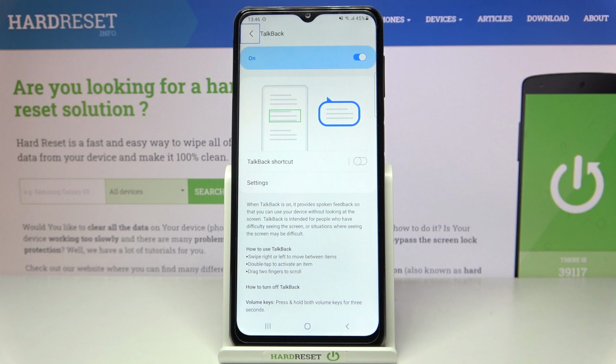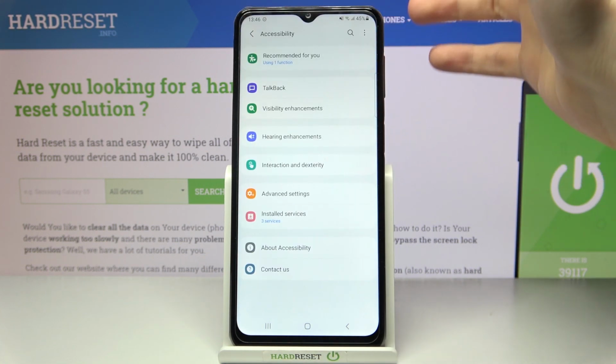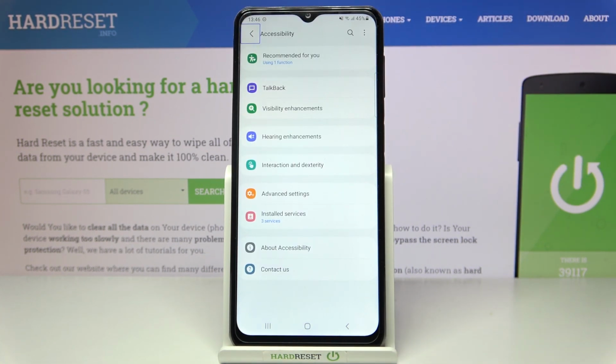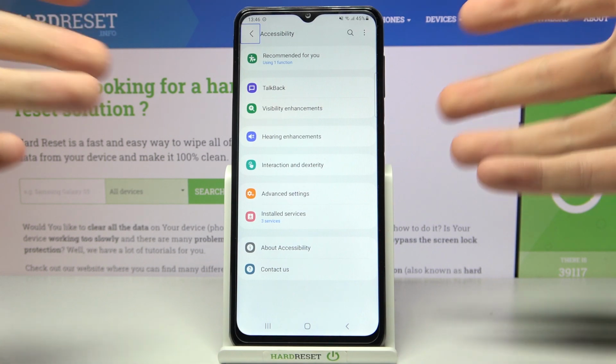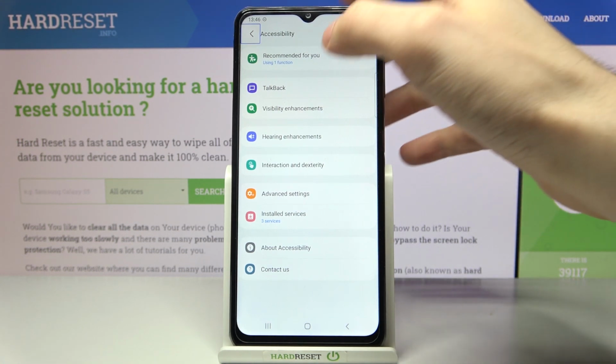then tap turn on. TalkBack, navigate up button, double tap to activate, double tap and hold to long press. Accessibility, navigate up button. And as you can see now, TalkBack is activated. If you want to deactivate it,